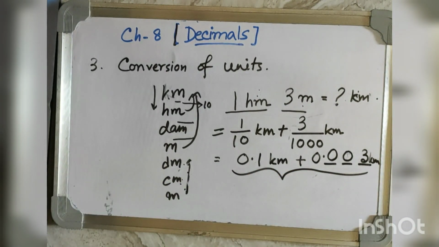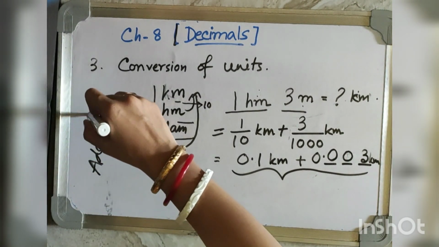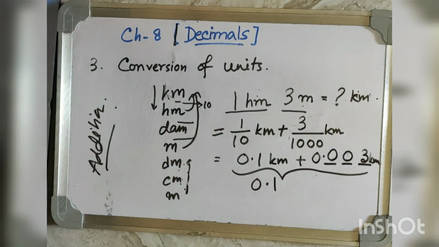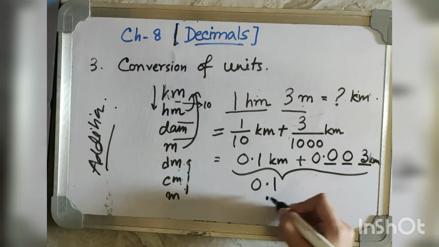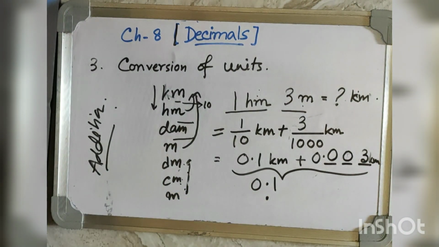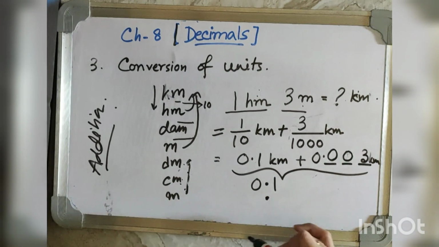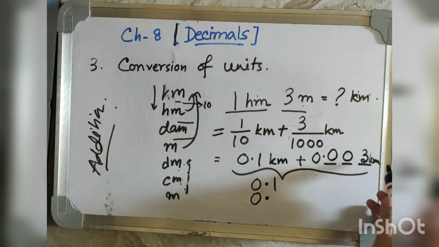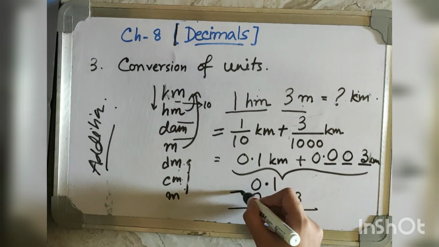Now how to add this? Here also we are learning the addition of decimals. So whenever the point is given for the first number, for the second number also the point will be placed exactly below the previous one. So wherever the point was there, here it is given exactly below the previous one. So here we have put the point, 0 is placed, then we will start writing the remaining digits. So 0, 0, 3. And we will add this.